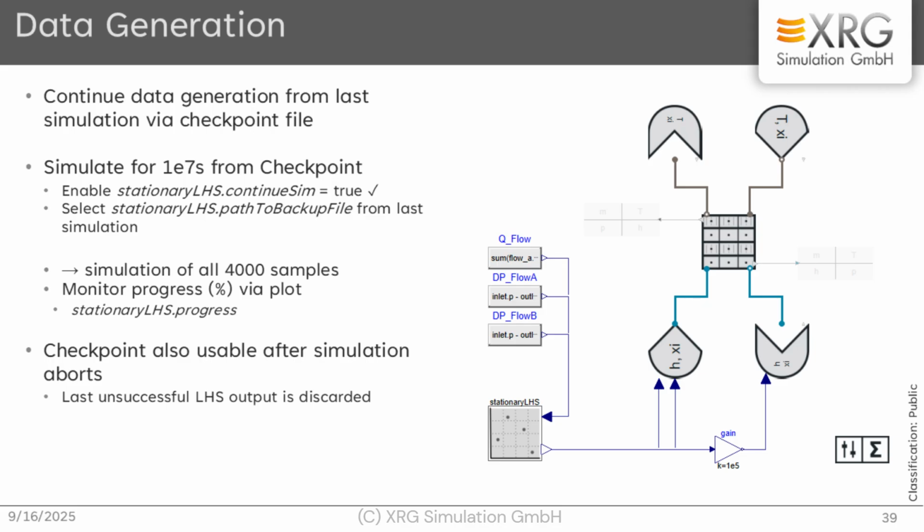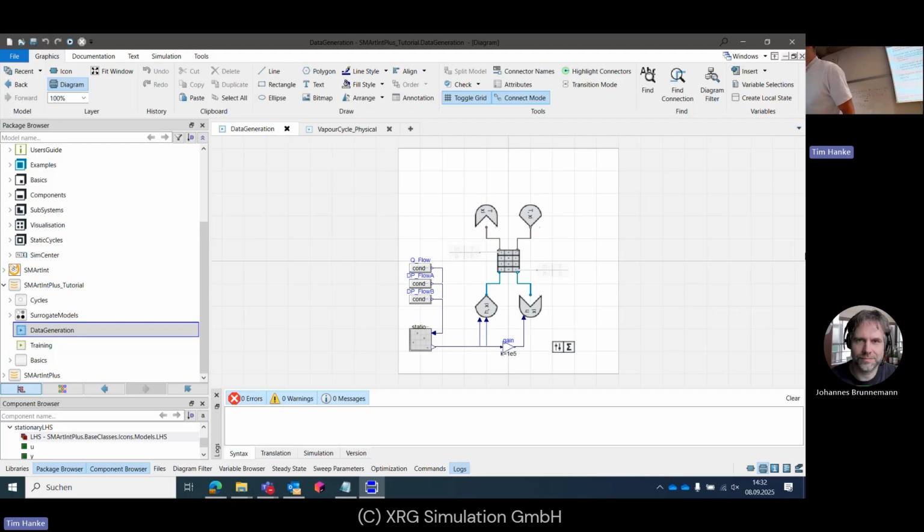Then we can use the backup file to continue the simulation from the last sample that was correct, the last one that was simulated. And maybe I will just show this